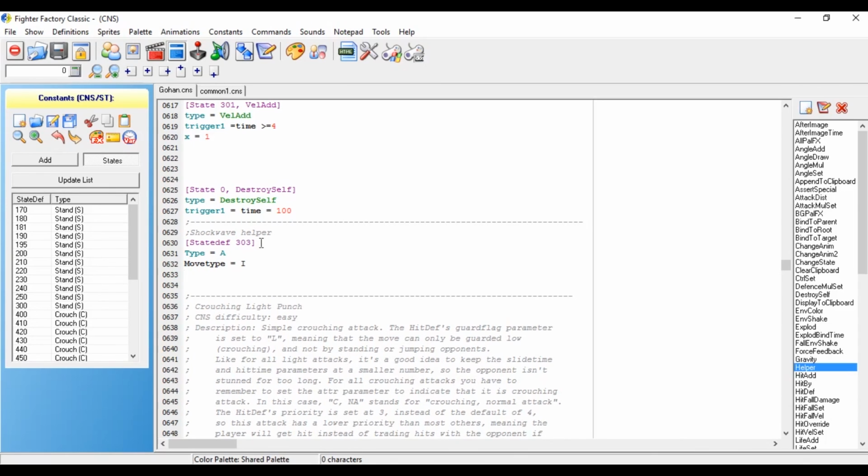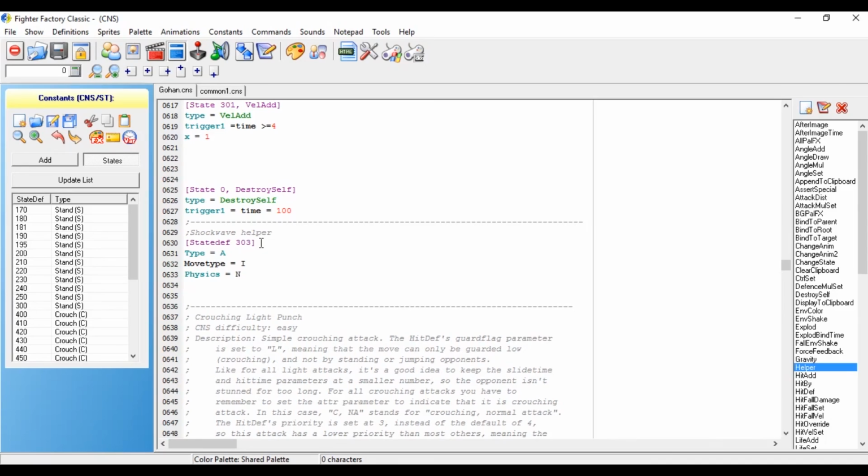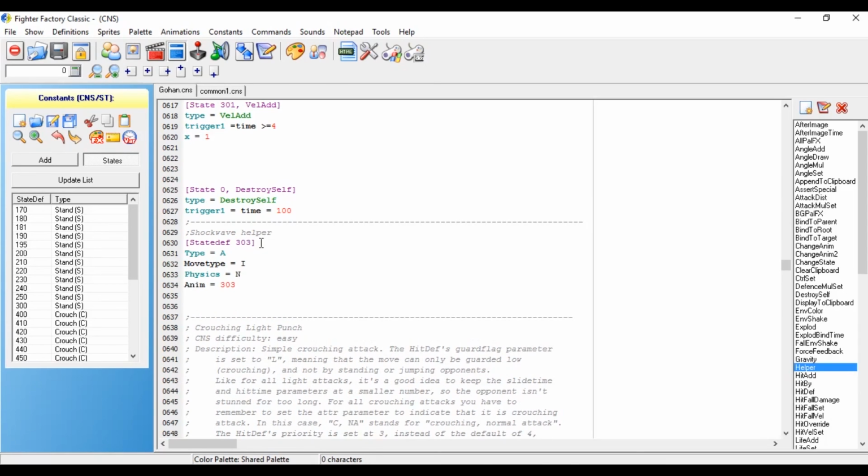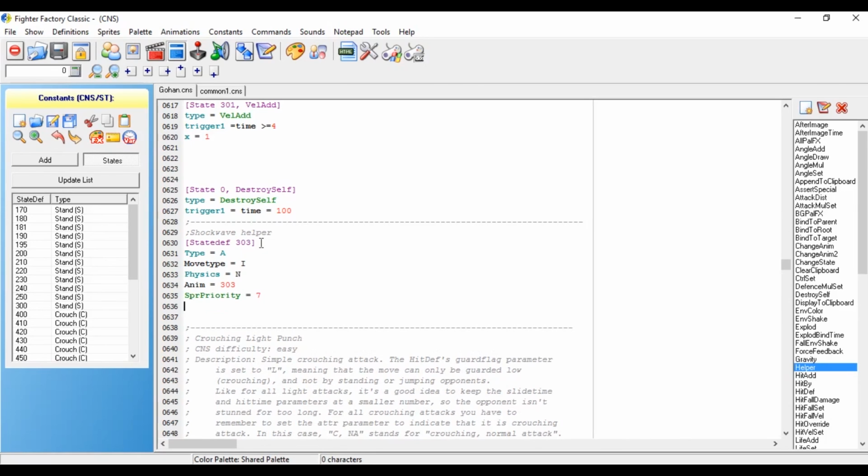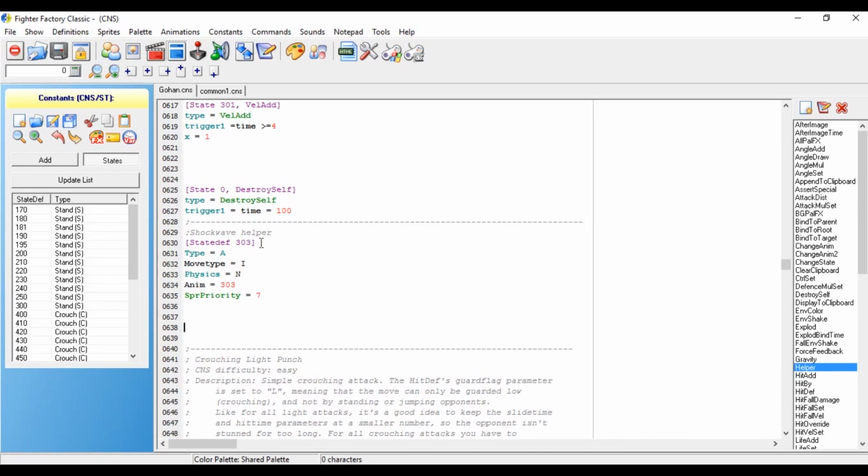The physics equals N for neutral, and let's add anim equals 303, and let's also add sprite priority, SPR priority equals 7. And now let's click enter, enter, enter, and let's go to the right and find the destroy self,